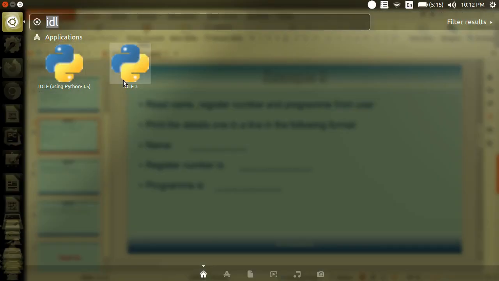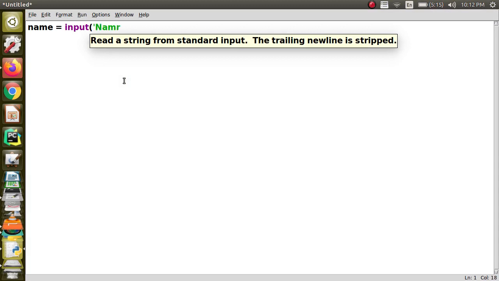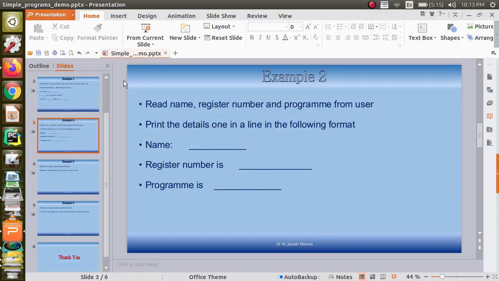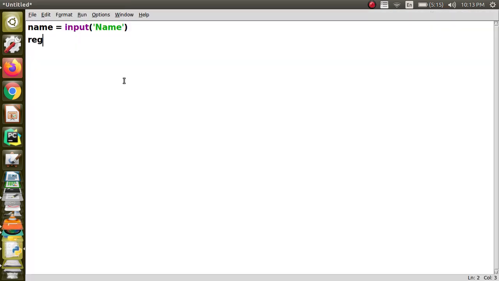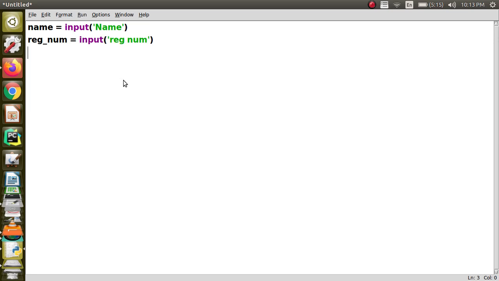So once again I am opening my IDLE. The first thing is name. I am reading the name from the user, and then I am going to read the registration number, and then I am going to read the program in which the student has registered.